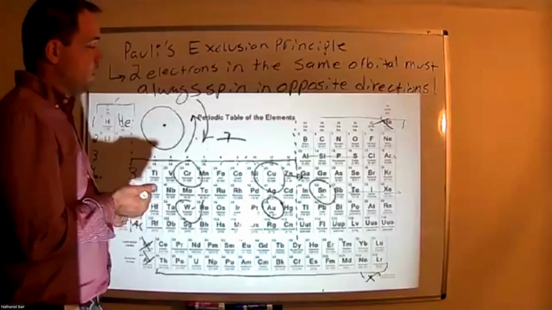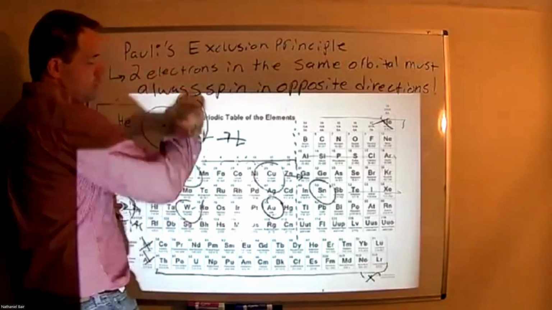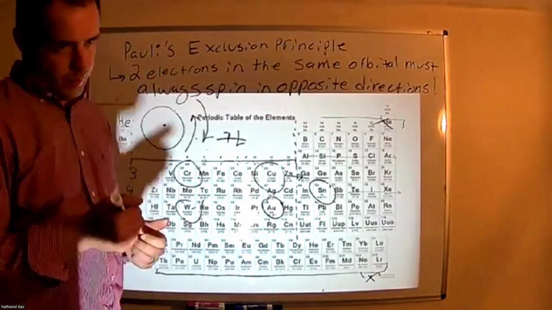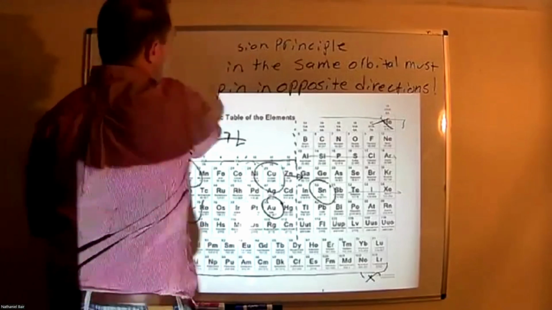What you need to know is that when we put two electrons in an orbital and one is up and one is down, that is to try to represent this phenomenon of Pauli's exclusion principle. Okay. Next thing we need to talk about